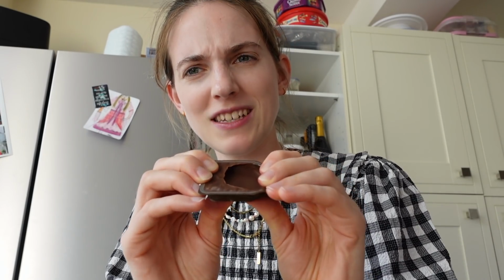But the problem is it melts really quickly, so they wouldn't last for very long, so I think you have to keep them in the freezer. So basically, do you see, it's all nice, but do you see how quick it melts? I literally just took it out and already it's melting, but,